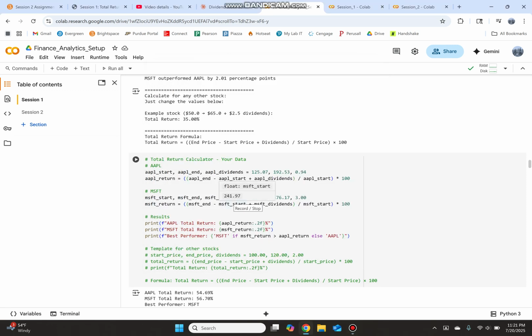Hi, my name is Cooper Alford, and this is my session 1 video for my total return calculator. After 2 attempts going through AI and adjusting it and cutting down the code, I got this super simple, super